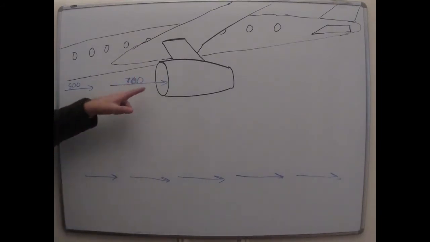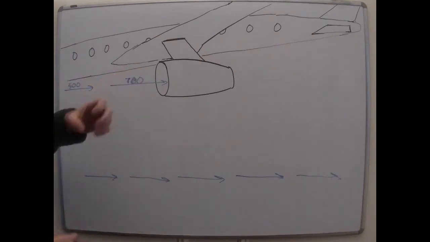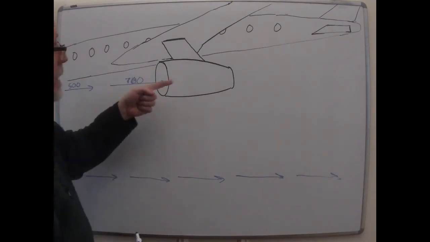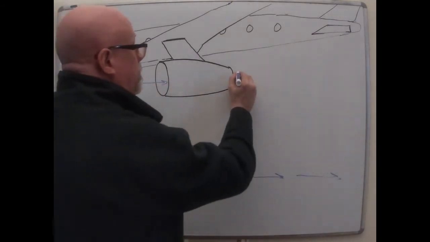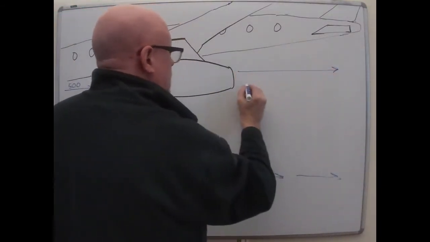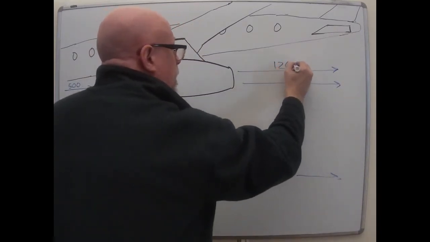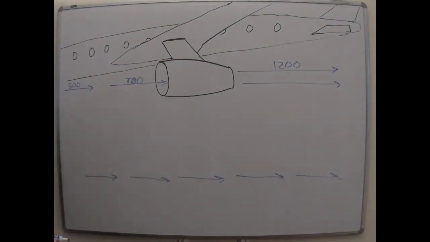And that alone, by the way, that suction pulling the air in, partly is what drives the plane forward. But a bigger component of the thrust of the jet engine that makes the airplane go is that the air that exits it is going appreciably faster. A lot faster, in fact, 1,200, 1,300 miles an hour. It depends on the thrust setting that the pilot is using, but it can be a lot.